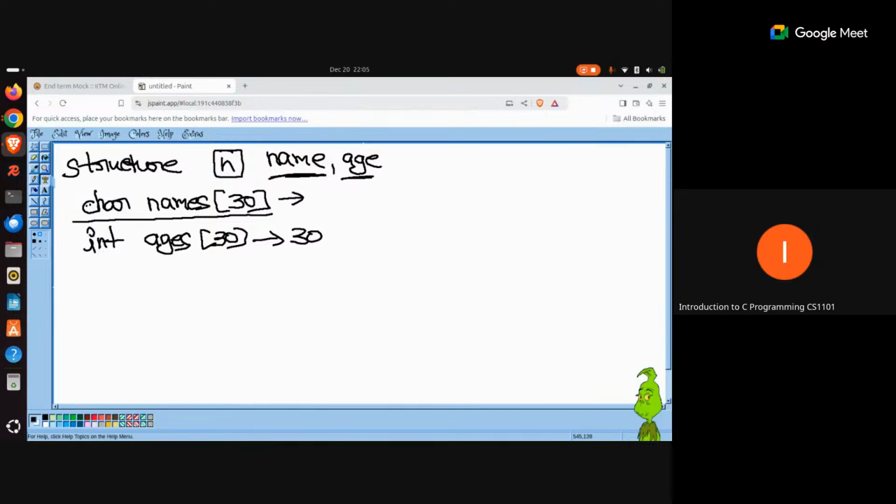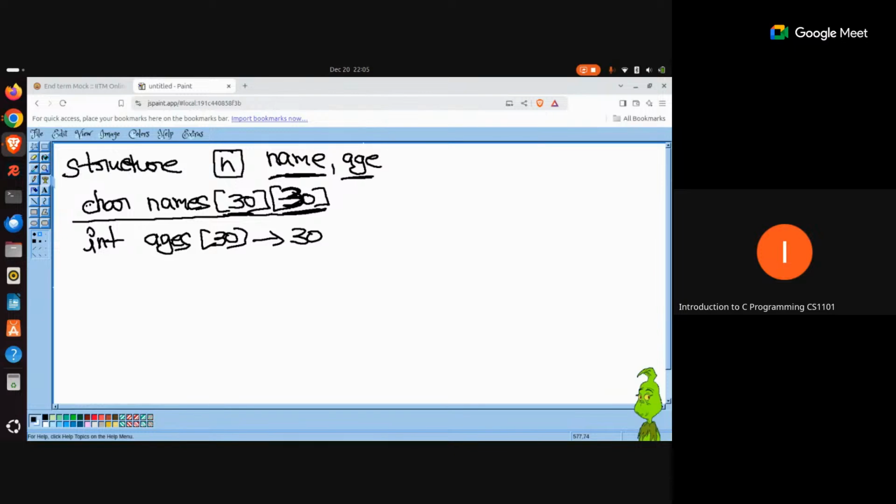So in that case, you will have to convert this into a 2D array. You will say the maximum values that I will be working with are 30, and each value, that means each name that I am working with, can also have a maximum of 30 characters. So you are saying that I am working with 30 different names and each name can have 30 characters. So you will actually have to create a 2D character array when you want to work with names. So here itself, it becomes very complicated for you.